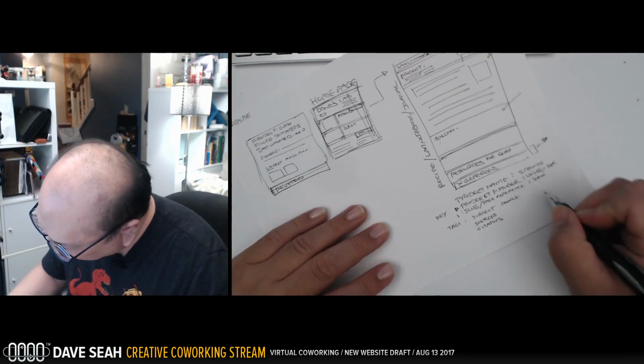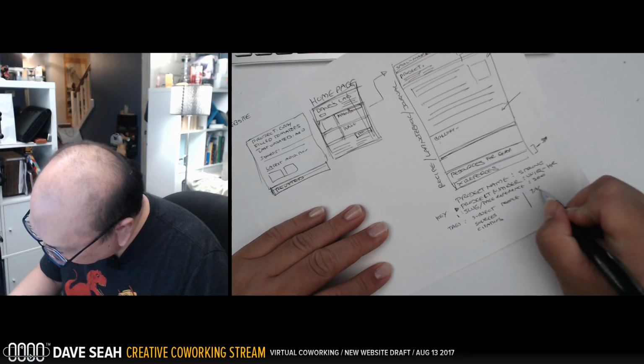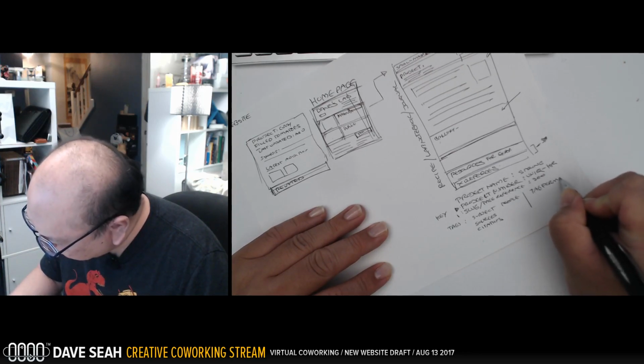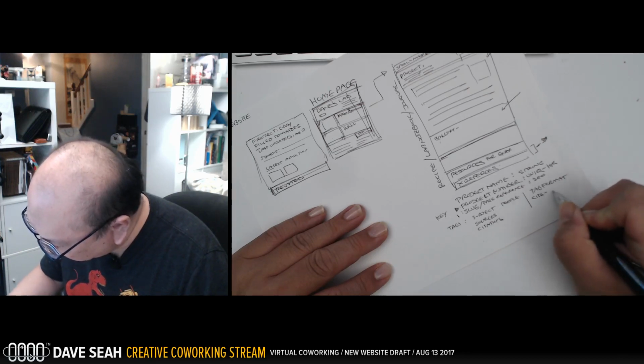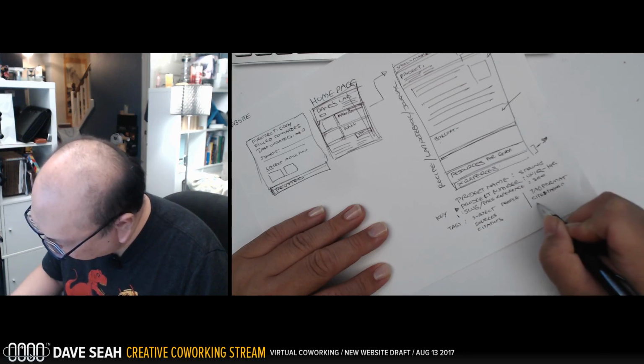So I might have a special tag format. Like a regular tag, I might have site dash, or site colon, what colon, and then the slug or the tag name. There could also be a